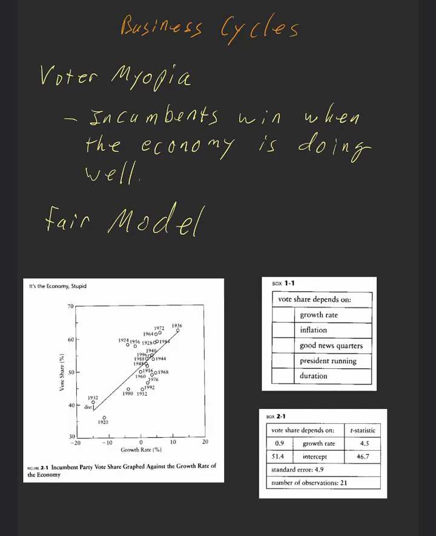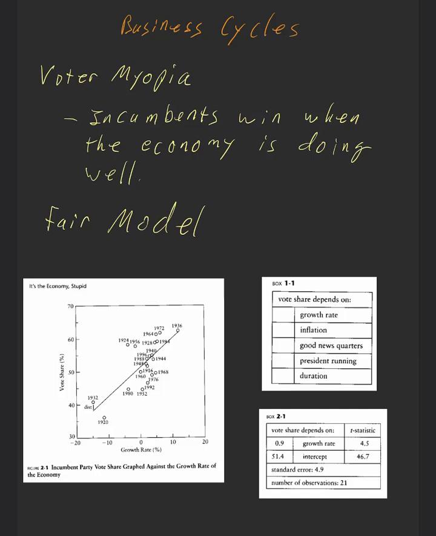But be sure when election cycle comes around to take a look at the FAIR model in predicting elections. You can see here there's a very, very strong relationship between what voter share goes to the incumbent and what the growth rate is. If the growth rate is very low, notice that we have a couple of really big negative downturns, recessions here, and those correspond with extremely low voter share, the lowest of all cases in this case. And when we see very huge growth, right, so our normal growth would be something like 2%. When we see 10%, landslide victory over 60% for the incumbent, and you can see there's a very strong pattern